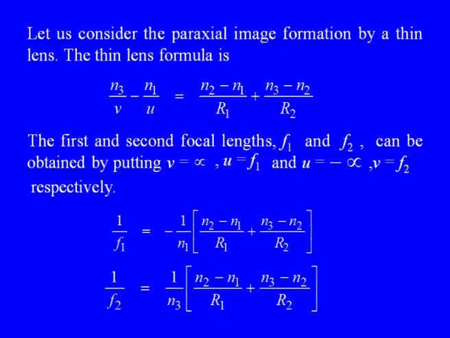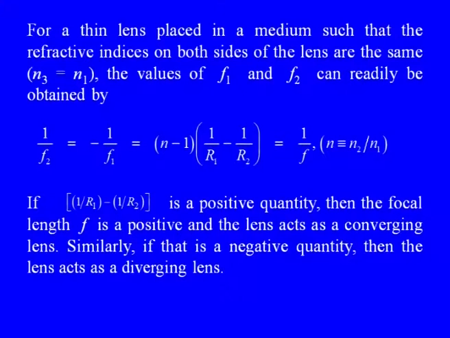You see, these capital R1 and R2 are the radii of curvature of the two curved surfaces of the lens. For a thin lens placed in a medium such that the refractive indices on both sides of the lens